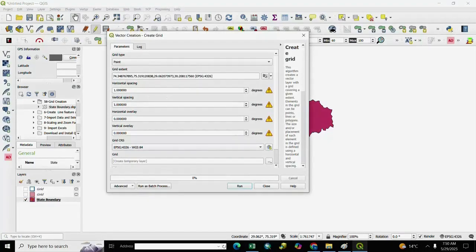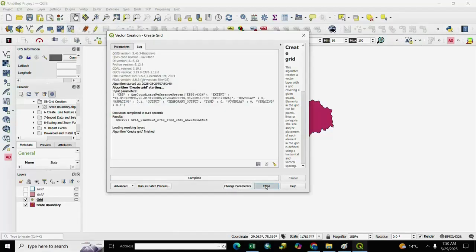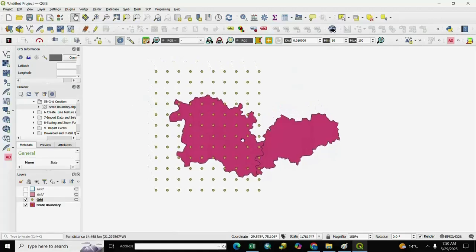After it, horizontal spacing 0.10 and vertical spacing 0.10 and OK. You see here the point grid is created.